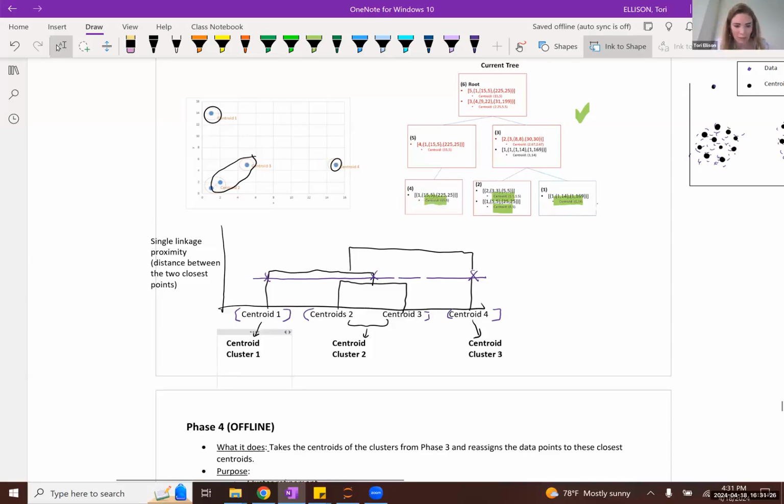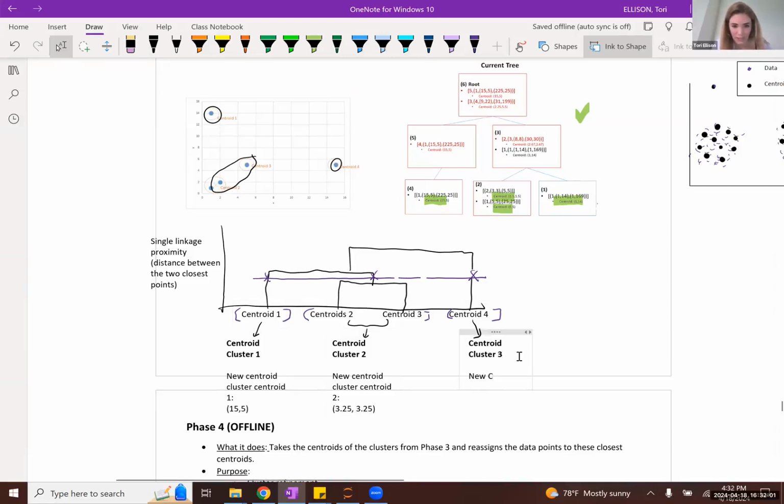So this would give me a new centroid cluster centroid of simply just 15, 5. The average of these 2 points is 3.25 and 3.25.